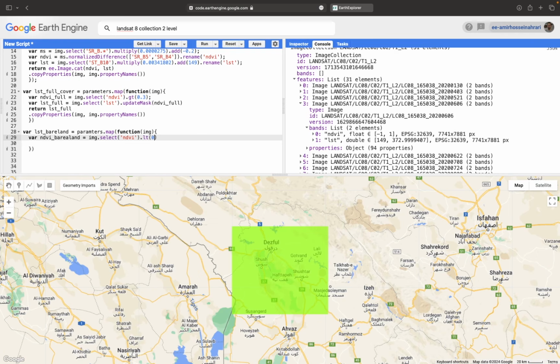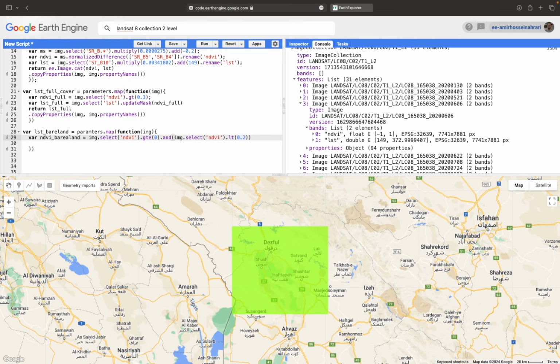But as I'm going to select only the bare land, it would be better to select the values between 0 and 0.2, because 0.2 to 0.3 is mostly covered by, for example, some sort of vegetation cover such as rangeland with a lower density, but I want the bare land exposed regions. So the values greater than or equal to 0, and then img.select from the NDVI that is less than